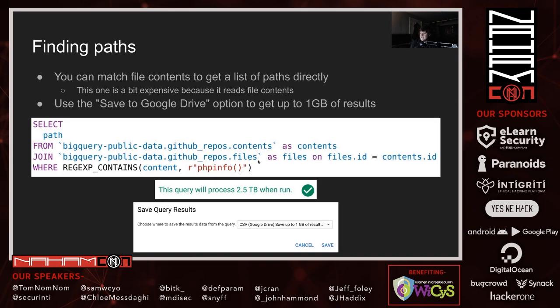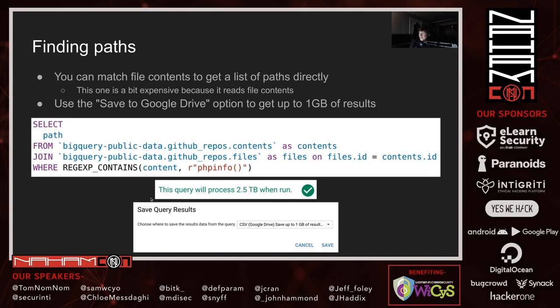What I would say about this technique is it's relatively expensive. So BigQuery helpfully tells you how many terabytes of data you're going to process by running this query, and in this case it's 2.5, which I guess makes it just a little less than about $15 to run, depending on the region that you're running in. So in the global region, I believe it's $5 per terabyte. So not a cheap query to run. So hopefully you get at least a $50 bug out of it to pay for it, or maybe you're using your free credits.